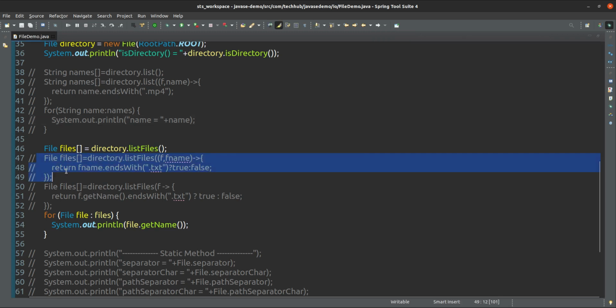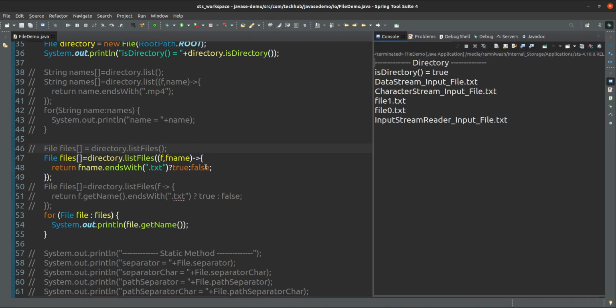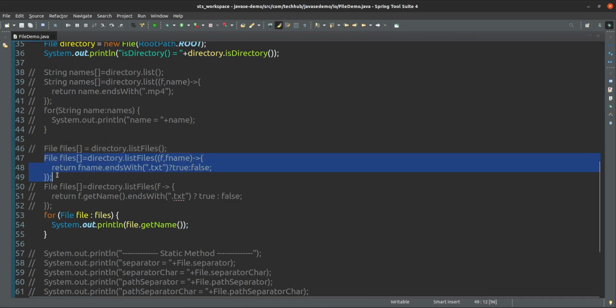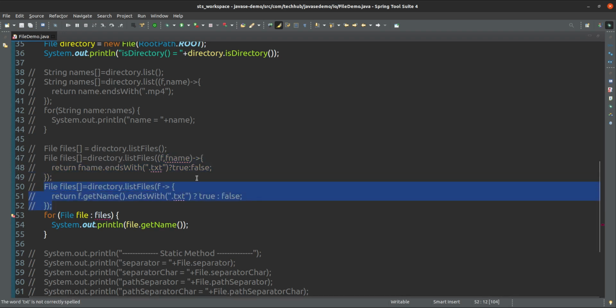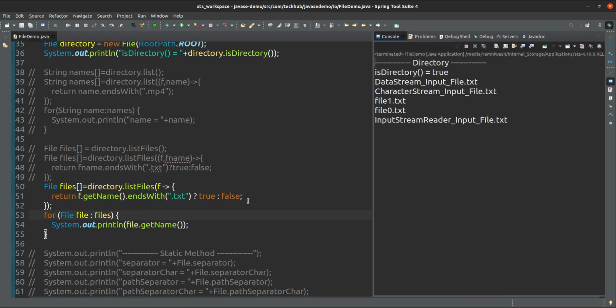Or if you want to apply a filter on File, you can, because I wanted to take only the text files, so only the text files will come now. And if I wanted to take only directories, we can use that also. Here this is the same, only text files will come.